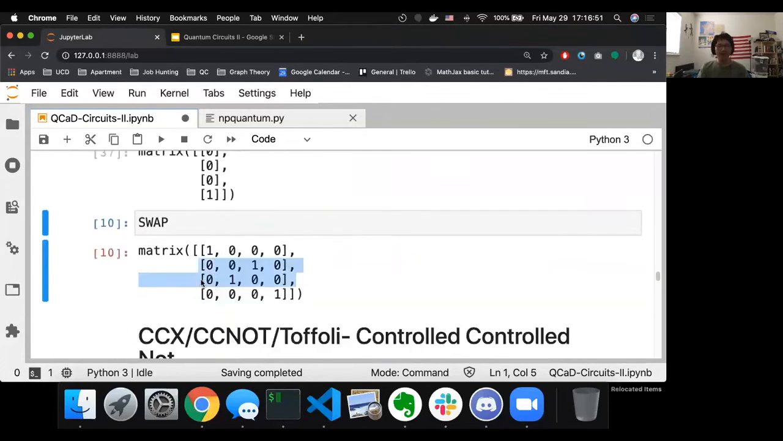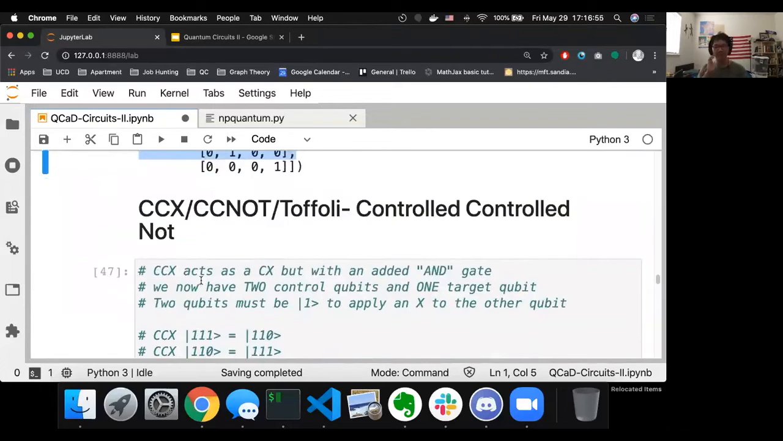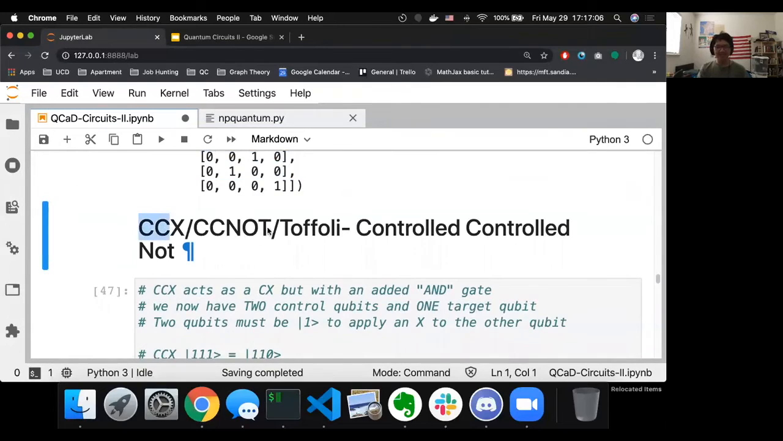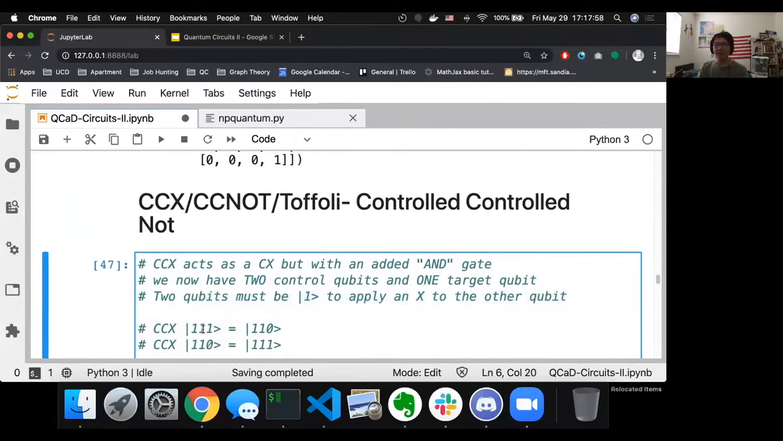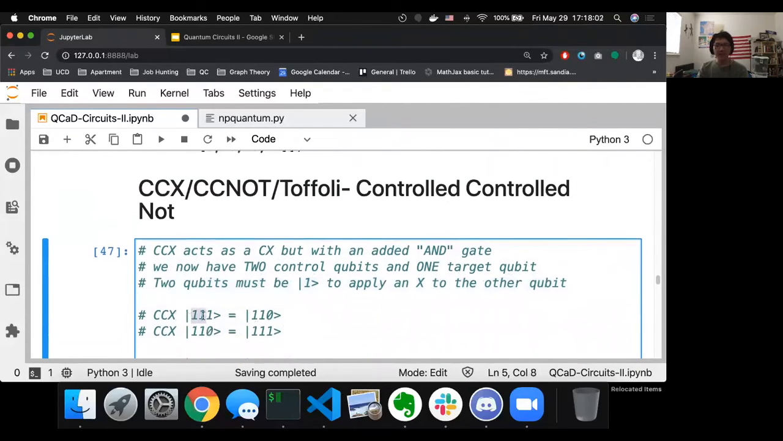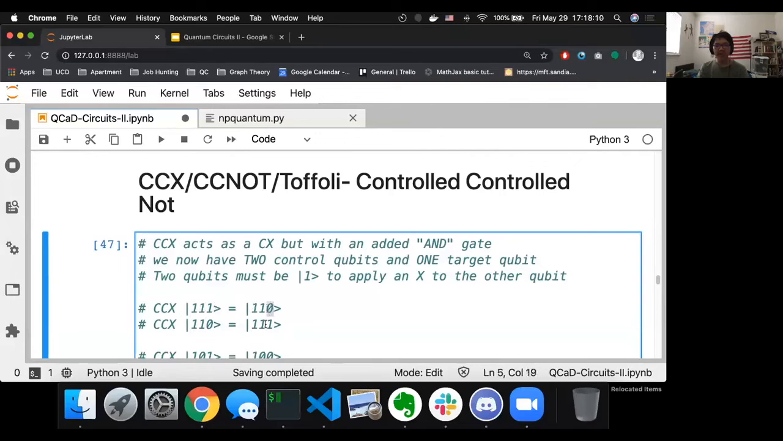Now, those are some 2-qubit gates, but there are 3-qubit gates as well. I'll wrap up my spiel on these multi-qubit gates with this 3-qubit gate. There are a lot of names for it: CCX, CCNOT, or the Toffoli gate after its creator. It's called, and this is not a typo, the controlled controlled NOT gate. So what does this gate do? It acts like the controlled NOT, but it has an added AND gate. There are 2 control qubits and 1 target qubit. The 2 control qubits have to be in the one state to apply an X to the other qubit. So I'll give an example of what this CCX gate does. Notice that I'm designating the first 2 qubits as my control qubits. So if they're both 1s, the X gets applied and it flips the